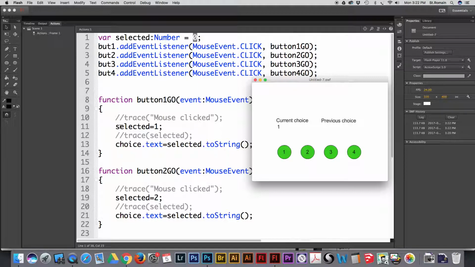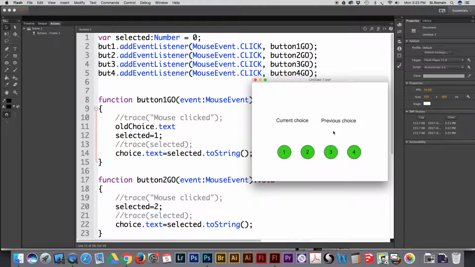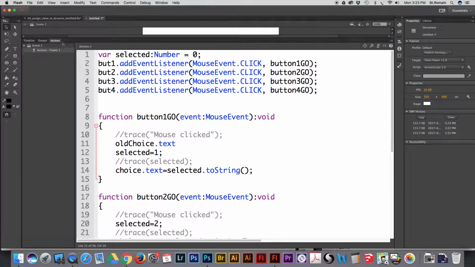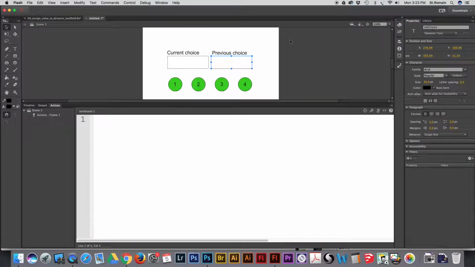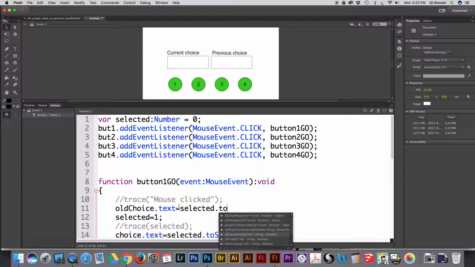But before I update that value, I want to put it somewhere so I can remember. So I'm going to make a new little piece of code right here. And I'm going to say old choice dot text, which is this guy right here. I want to make the text value of that equal to what selected used to be. So let's do that. Okay, this is called old choice. Here's my actions, and I'm going to say old choice dot text is going to be equal to selected to string